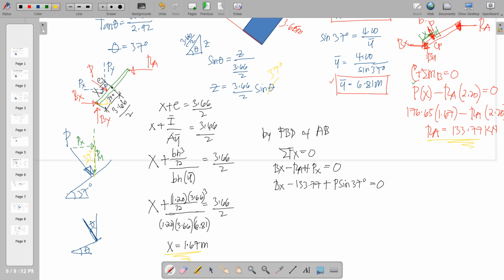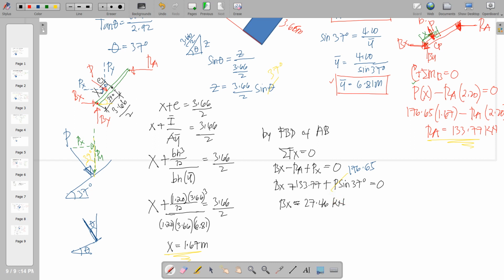So we know P to be equal to 176.65. So therefore, computing our Bx shall be equal to 27.46